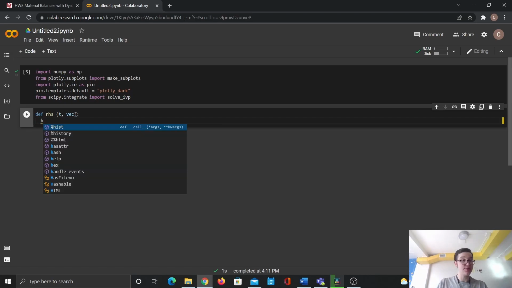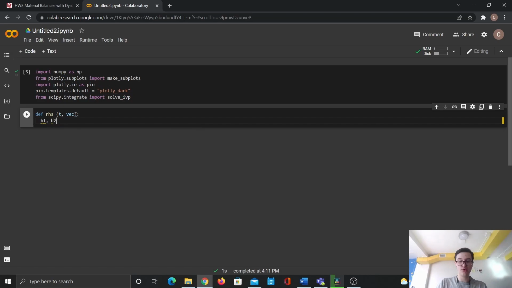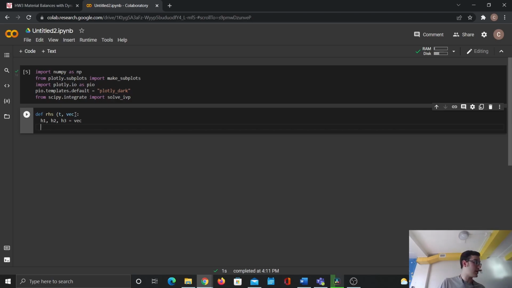As we know, h1, h2, h3 are all equal to vec. So these are our guesses for the height of the liquid in tank 1, the height of the liquid in tank 2, and the height of the liquid in tank 3. We're going to be unpacking those and taking from our equations the flow rate from tank 1 to tank 2, from tank 2 to tank 3, the flow rate in, and the flow rate out. So let's begin with Q12, the flow rate from 1 to 2, is equal to,